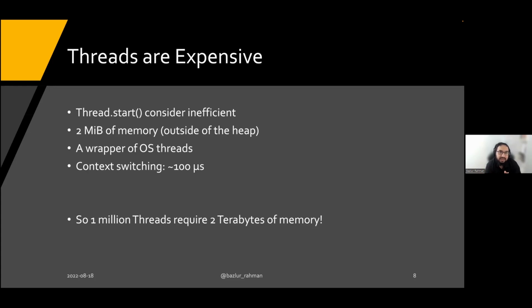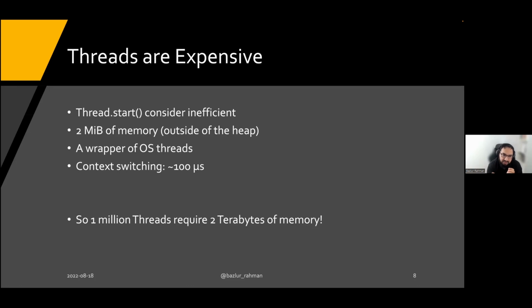So we're not going to give one thread time forever, right? We're going to give a small amount of time to execute a particular thread to do its work, and then switch and give another thread so that everyone gets the opportunity to be executed. So that's what happens in the operating system.